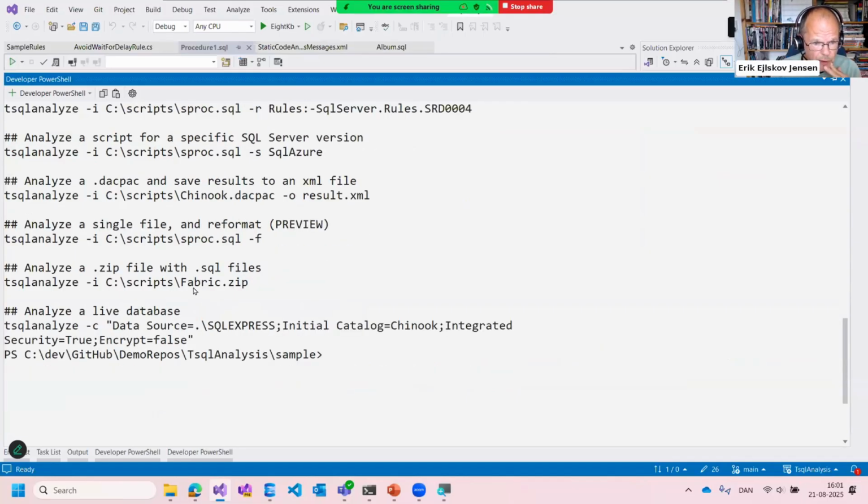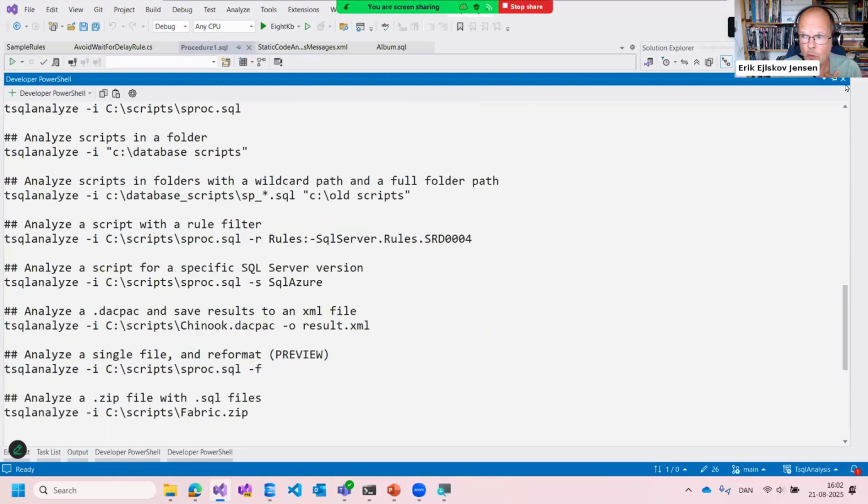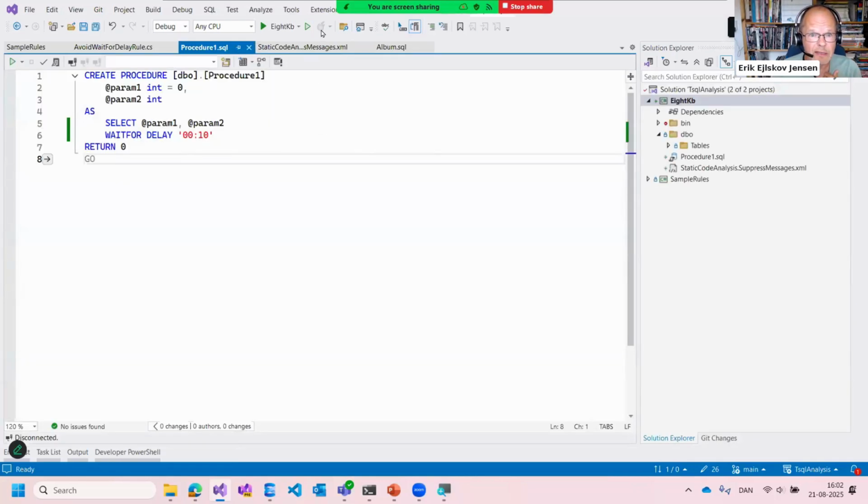You can also take a Fabric zip file, which is the format you export your database schema in from Fabric apparently, and analyze that. And you can also experimentally analyze a live database. And one of the things you can do is integrate it relatively easily with